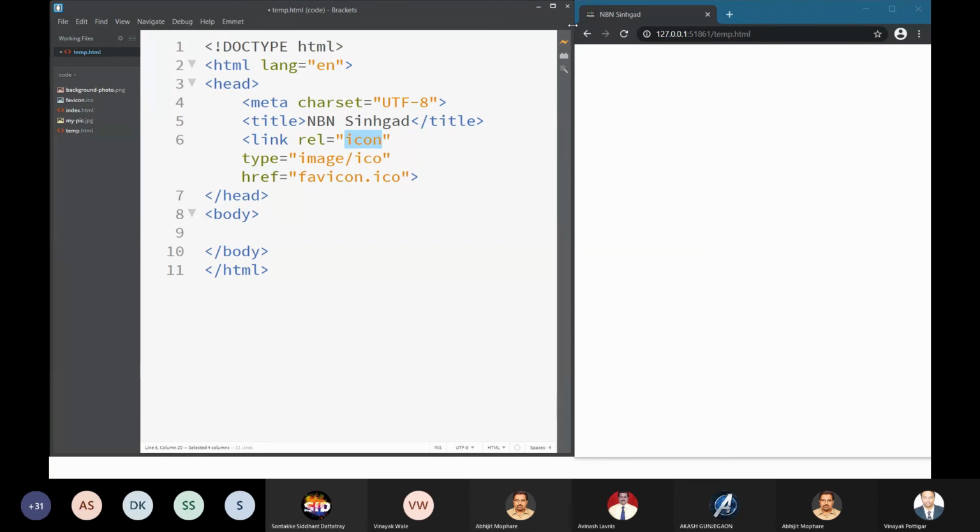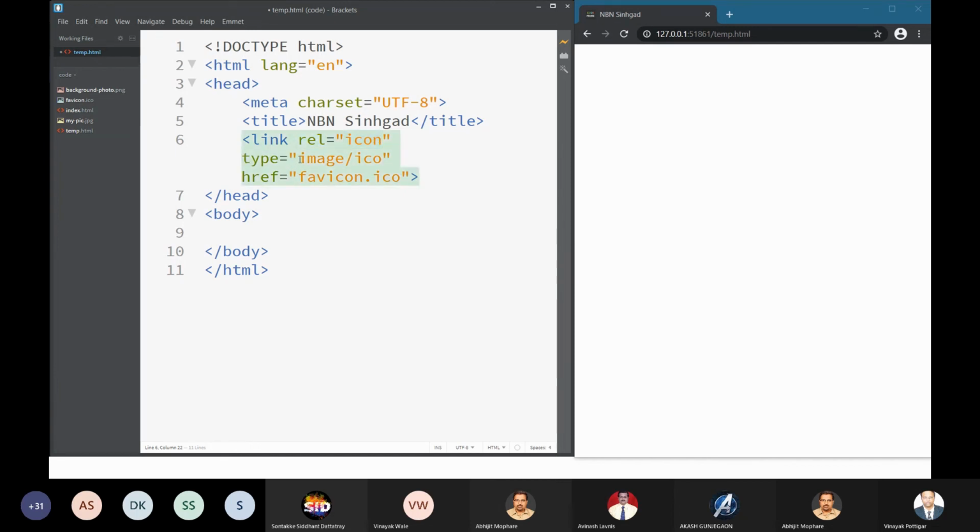Can you see this mouse pointer moving over here? Beside the title of the page, you can see this icon. How to give this icon over here is what is being done by this link element. So here, link element, then the rel attribute or property, which says it is an icon.